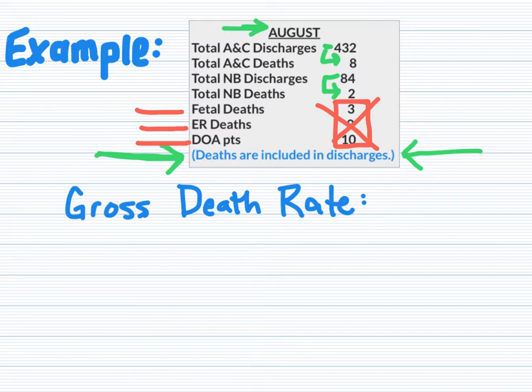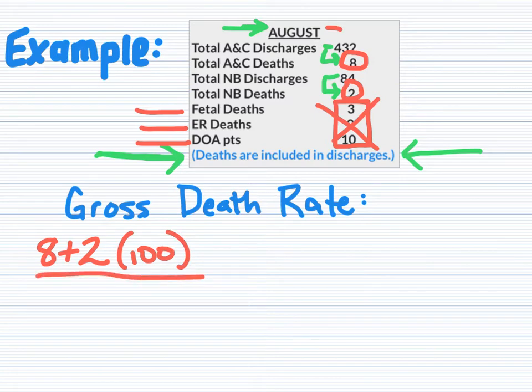So let's go ahead and walk through this for the gross death rate. If you remember, our numerator is the total number of inpatient deaths, including newborns, for a period, for our August. So we have 8 adults and children and 2 newborn deaths. So we will have 8 plus 2 inpatient deaths, including newborn, for a period times 100